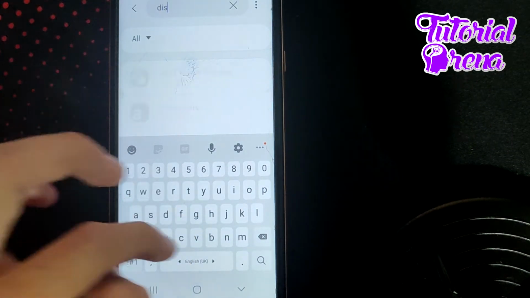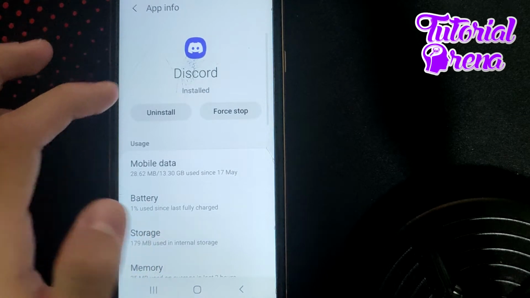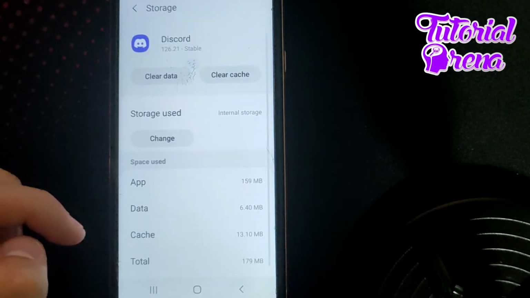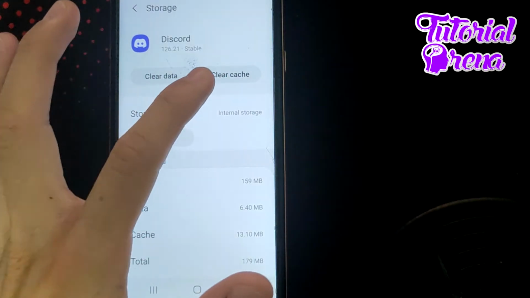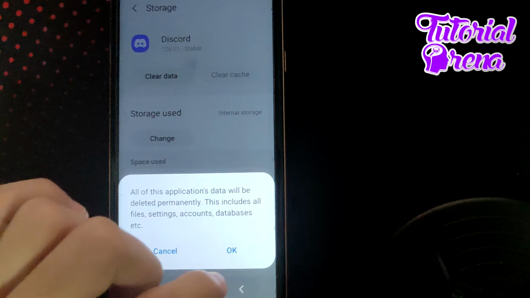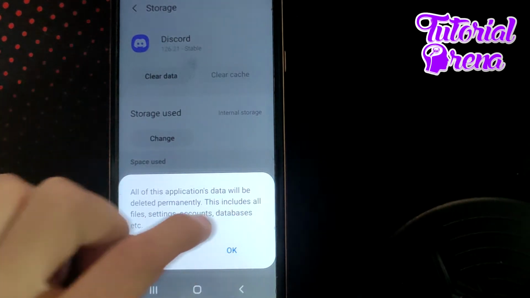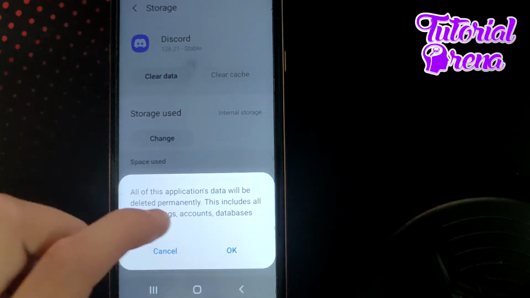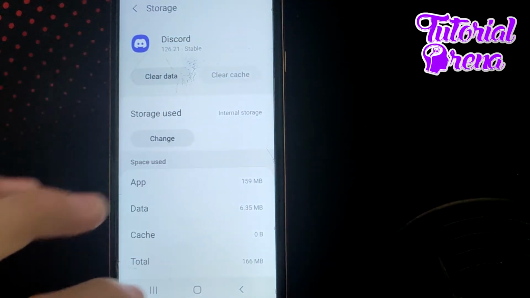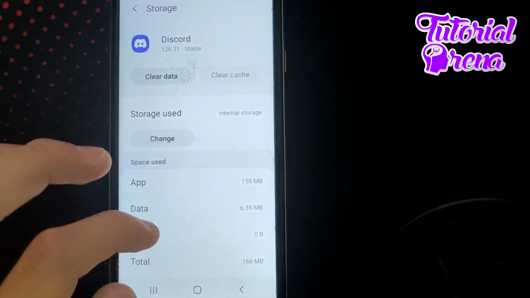Discord. And then when you get right here, you need to scroll down and go to the third selection, which is storage. Right after you get into that section, go to clear cache on the first selection. Then you need to clear the data on the following one and get rid of the databases and all that stuff, which is refreshing your system. Right after you're done with these steps, you need to get out from here and